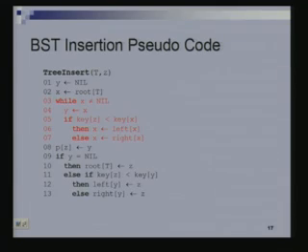So this can be the code for insertion. So I'm given a tree T. I'll just switch. This can be the code for insertion. I am trying to insert this node Z into a tree T, right? And once again, I am going to have 2 pointers x and y. And what is the need for these 2 pointers x and y?